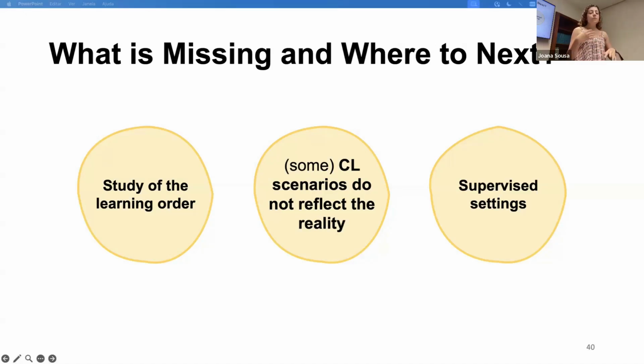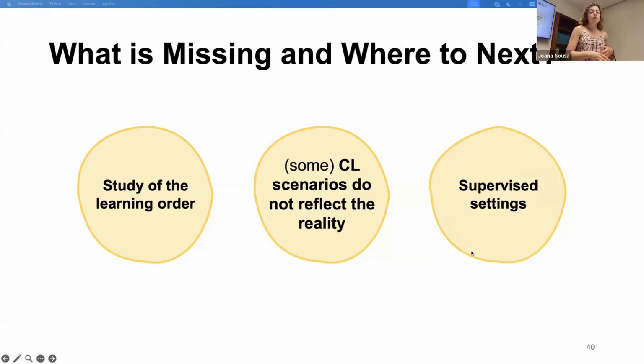Some of the papers do study different learning orders and present which is the best one, but usually there is a lack of explanation of why a specific learning order is better, especially if you think that these methods are developed in a controlled environment. But what happens if we go to a real-world application, which is much harder to control?